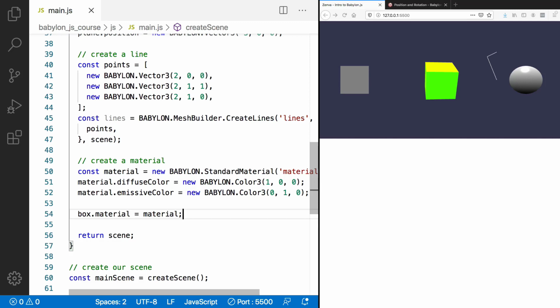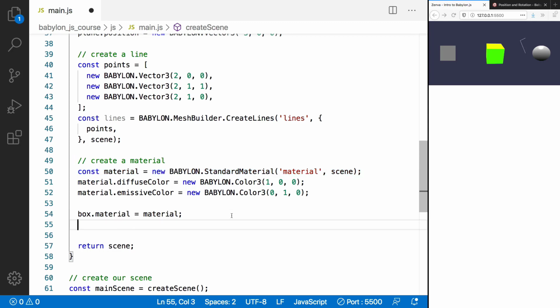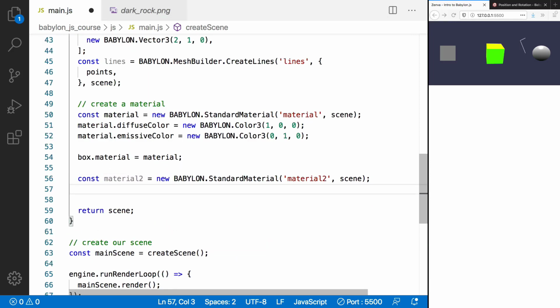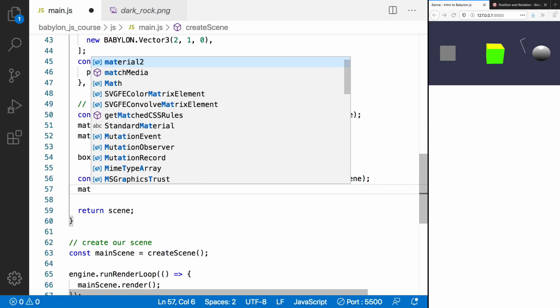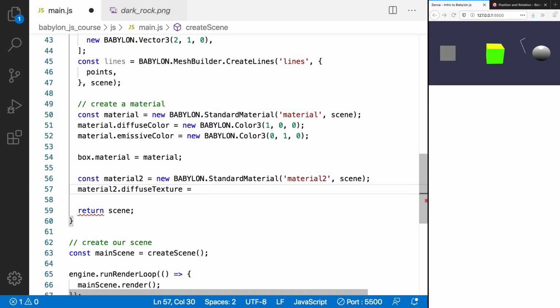So in addition to applying colors to our material, we can also apply textures. Textures allow us to use external images to texture our objects. As an example, I'm going to copy our material here and create a new variable. I'm going to call this material2, and I'll update the name as well. Then we need to apply the texture to our material. So I'll do material2.diffuseTexture, and we'll set it equal to a new